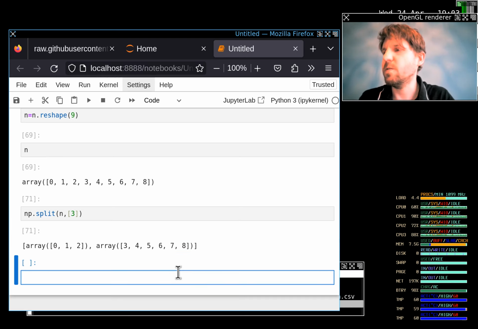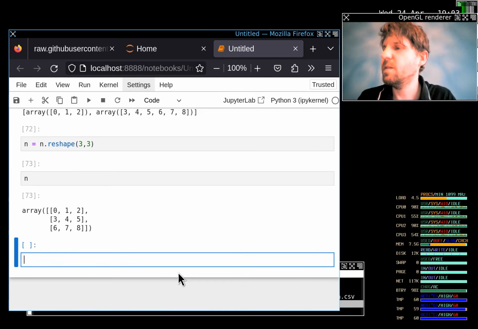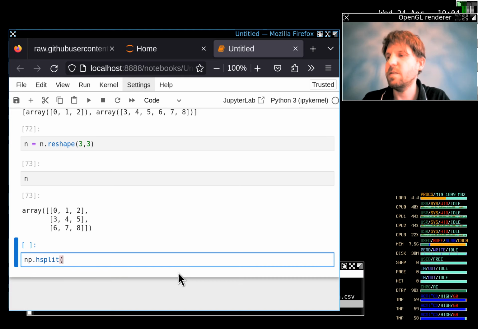Let's play a bit more in two-dimensional space. So let's go back to this two-dimensional matrix. How do we do this? We reshape by 3 by 3 as we did before, and we see we have our little matrix. Then we can, for instance, use hsplit, which, not very intuitively, splits vertically. So if I do something like this,